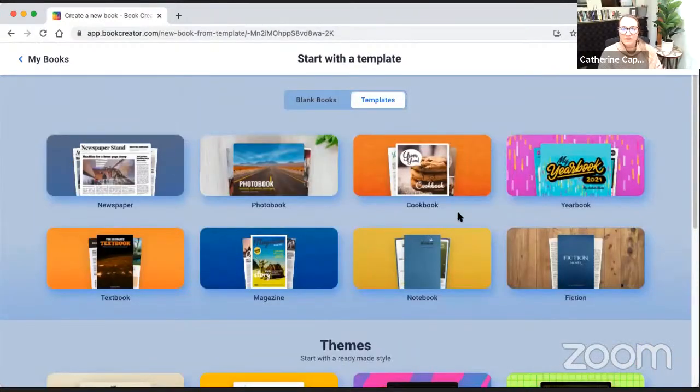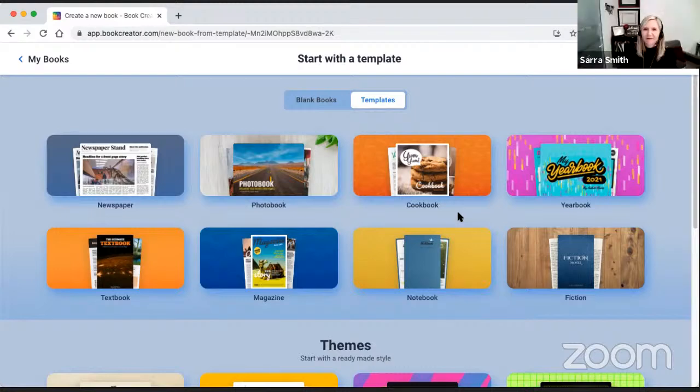So when you get a chance, check out these templates. I highly recommend looking at them. You can also take these templates and scaffold them for your students. So if you're looking at some of these and thinking this is actually pretty advanced for some of my students, don't worry, you can scaffold it for your students and then share it out to them as well.